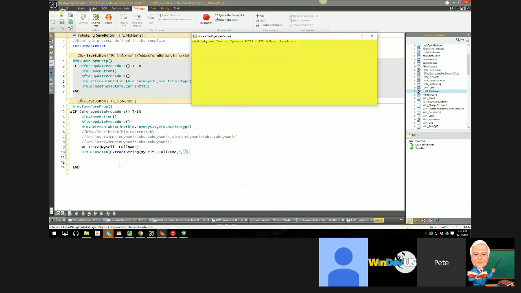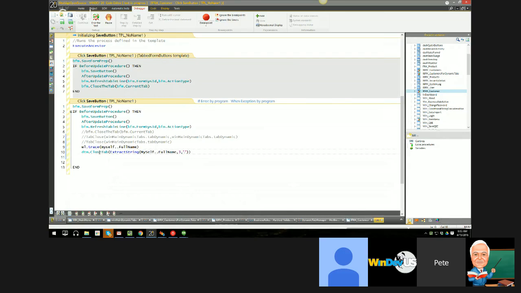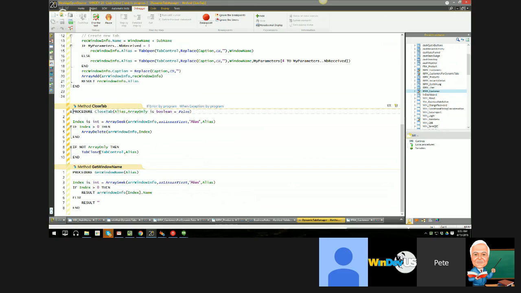Then all I'm doing is passing that to the close tab function. The close tab function is pretty straightforward. It's calling the tab close function of WX. The only other thing it's doing is removing that record out of the array. The reason I need to do that is that the window is now closed. I need to remove that record out of the array so that if you click on that button again,